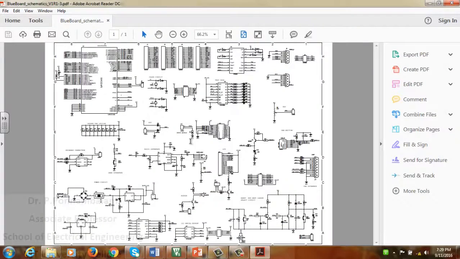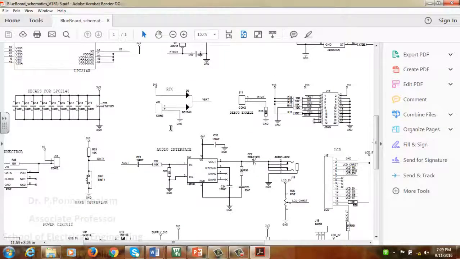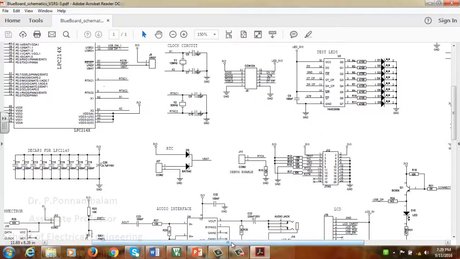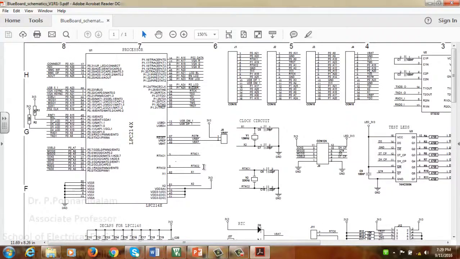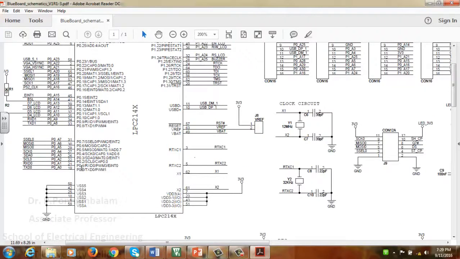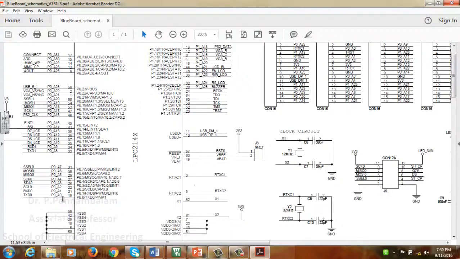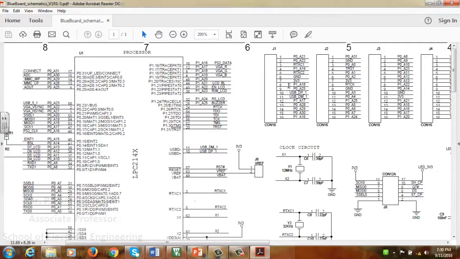This is the blue board schematics. We are now supposed to take the output from port 0.1 and port 0.2. Here 0.1 is connected to P0_A1 and 0.2 is connected to P0_A2. So we'll have to find over here in the J1, J2, J3, J4 connections P0_A1 and P0_A2.